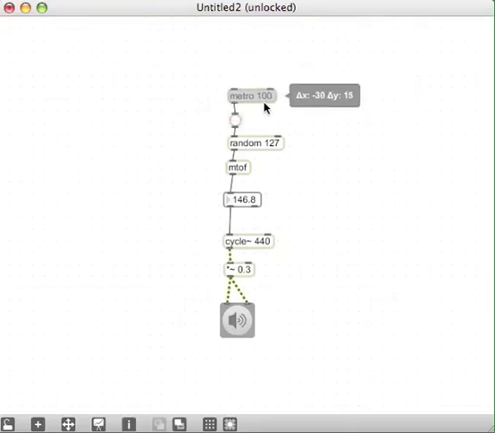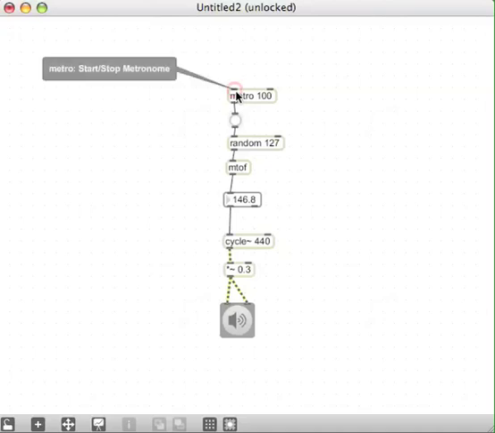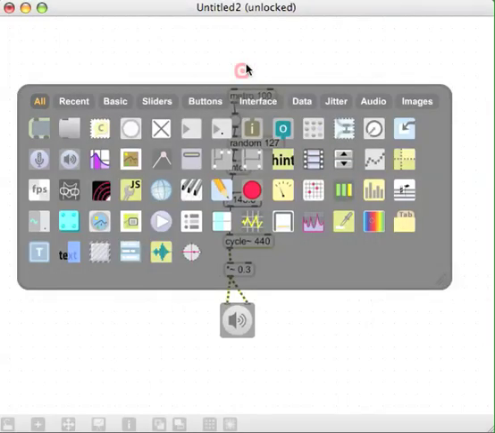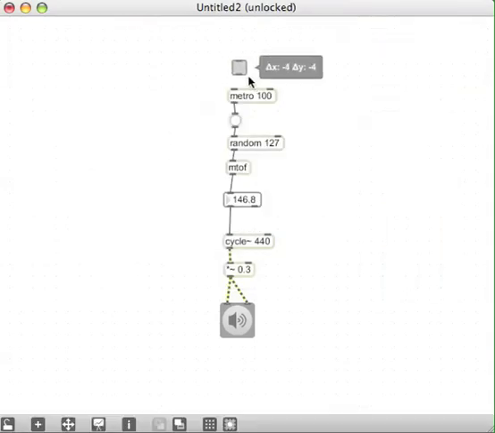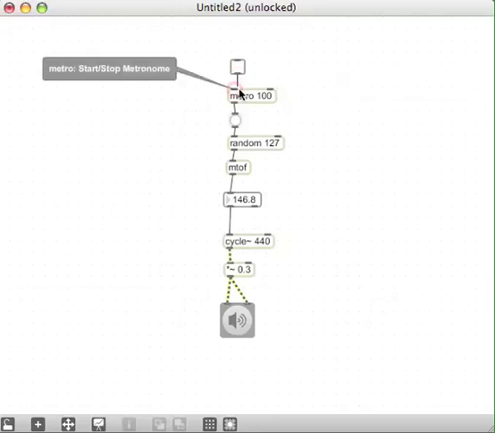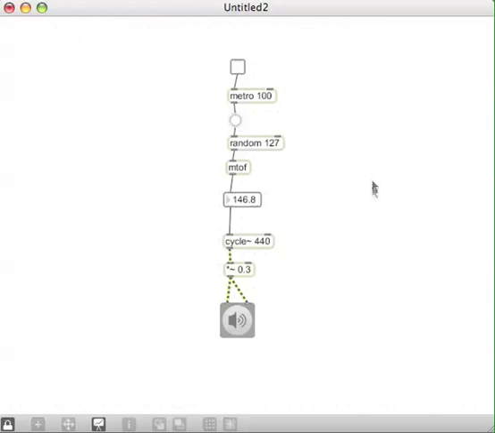We're going to want something to turn this metronome on. On the left inlet of the metro it says start, stop metronome. What starts and stops it? Well, I can tell you. You can use a toggle to start and stop it. We'll double click to bring up the palette. There's a toggle, and we can connect the outlet of the toggle to the inlet of the metro. Now if we lock the patcher, command or control click the blank space, turn on the DAC, turn on the metro, and you get